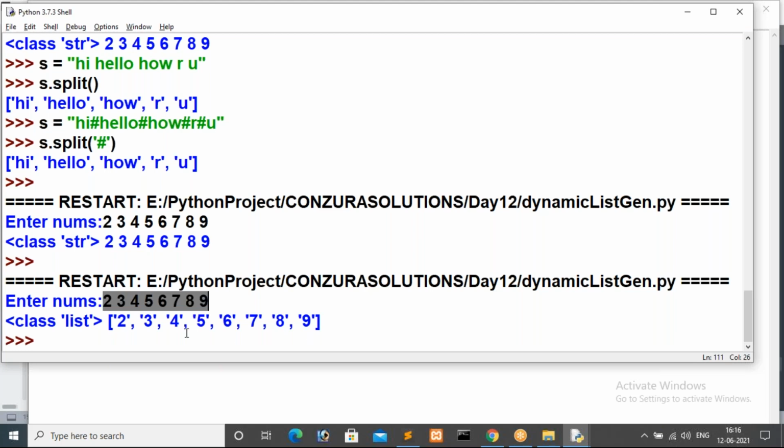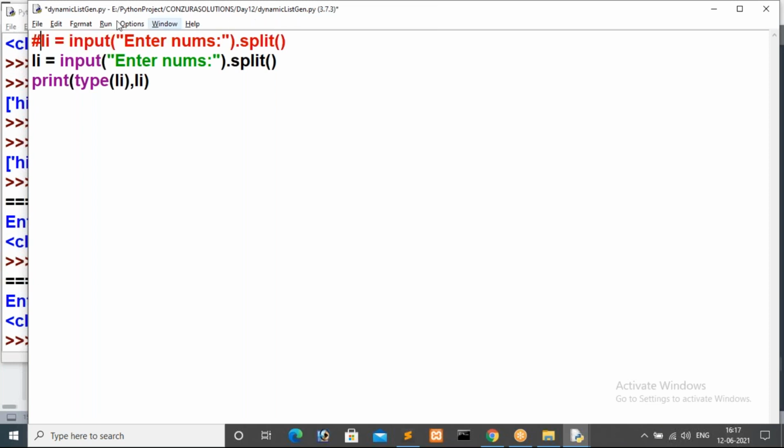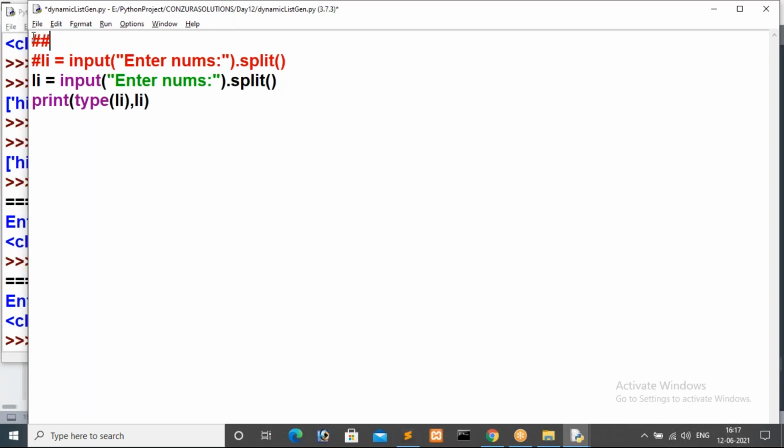Now while reading these values, I want to read the entire thing in list format only. I'm commenting this one out. By using this we are getting string values.